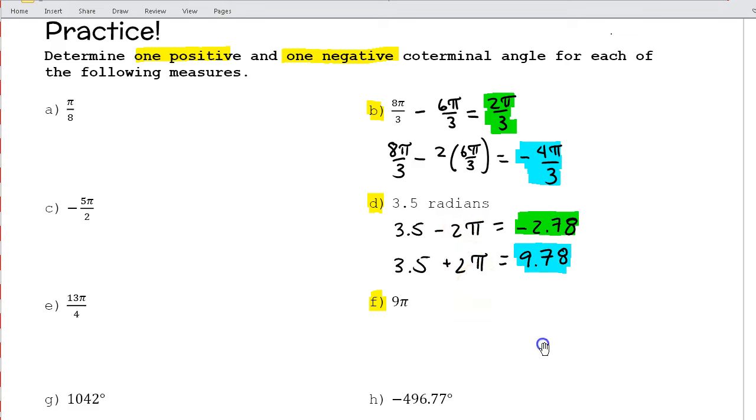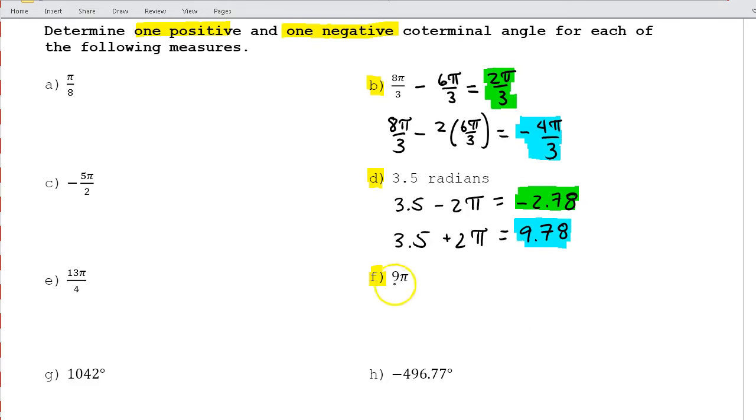Now for part F, 9 pi is larger than 2 pi. So a lot of times what I'll do here is I'll take my angle and I'll either divide it by 360 if it's in degrees to figure out how many full revolutions are in it, or I'll divide it by 2 pi if it's in radians to figure out how many full revolutions I have as well. So 9 pi divided by 2 pi is 4.5. So I'm going to use this later because I know that 4.5 revolutions gets me all the way around, and I'm going to have to get a negative